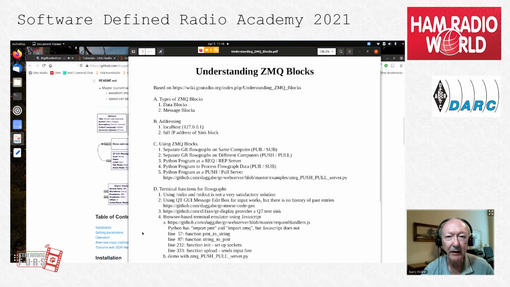Well, I was working on a radio teletype project, and I wanted a complete full duplex terminal screen. So I said, well, I'll just write one using Node.js and JavaScript. So let's look at what I need to do for that.